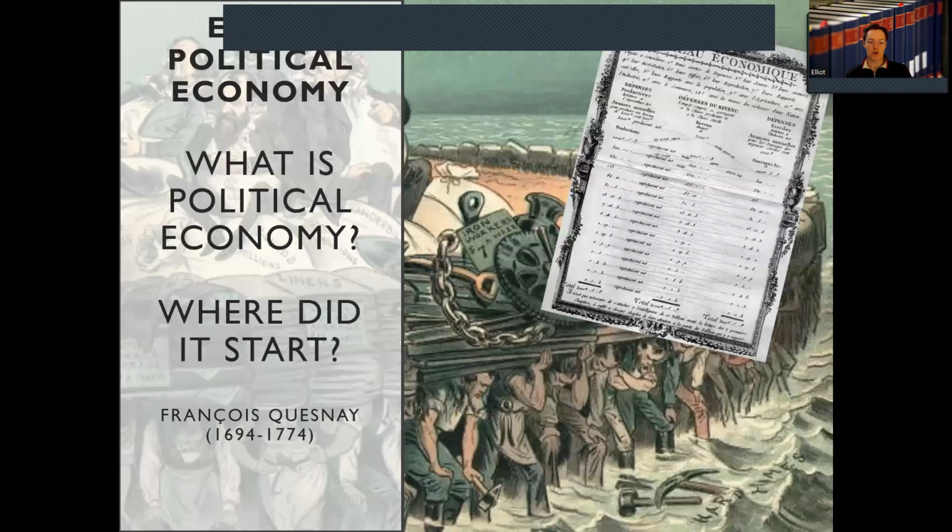So we've already touched a little bit on what exactly political economy is. The next question is, where did it formally start? A lot of histories of political economy point to one person, Francois Quesnay. My French isn't very good, but he was seen as the founder of classical political economy. Quesnay founded the Physiocratic school in the mid-18th century, and he was the first to introduce what was called a scientific system into political economy.